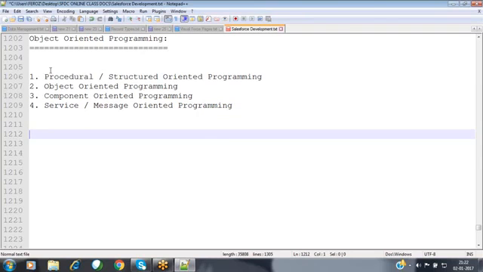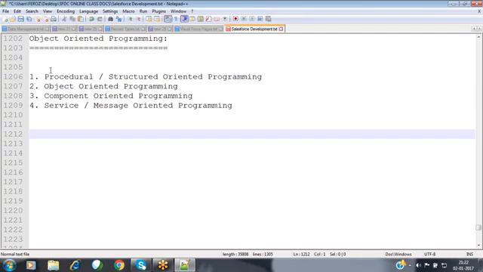We have procedural oriented, which is also called structured oriented programming. The second one, object-oriented programming. Third one, component-oriented programming. And the fourth one is service-oriented programming, which is also called message-oriented programming.